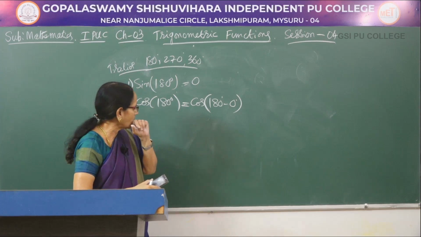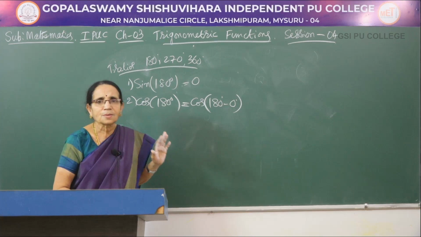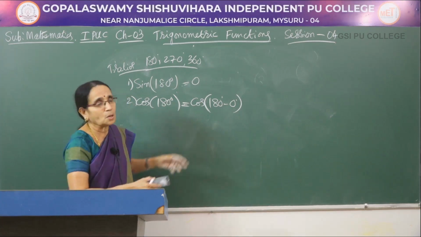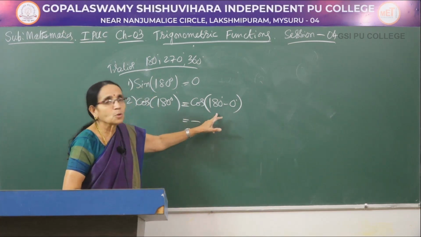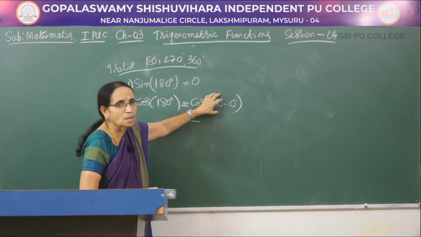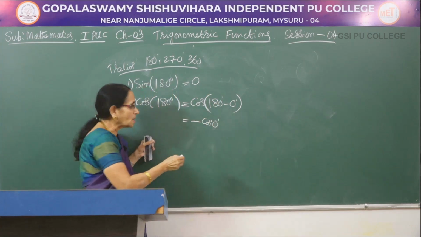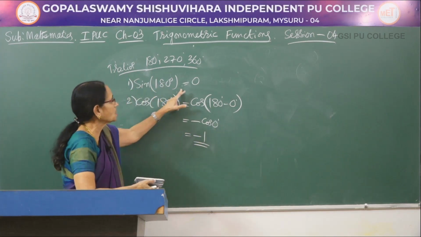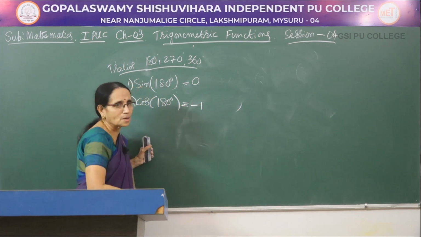Suppose I write it as 180 minus something. 180 minus something means it is always in the second quadrant, isn't it? In the second quadrant, cos is negative. Therefore, you write the minus sign first. Now, because I am using 180, the same function continues, and write this angle. Omitting this, we write cos 0, and cos 0 is a standard value. What is that? 1. So, it is minus 1. So, sin 180 is 0 and cos 180 is equal to minus 1.